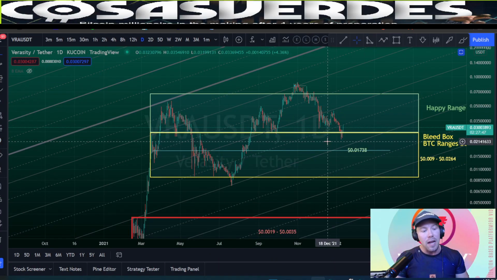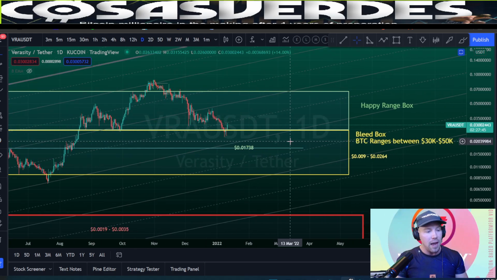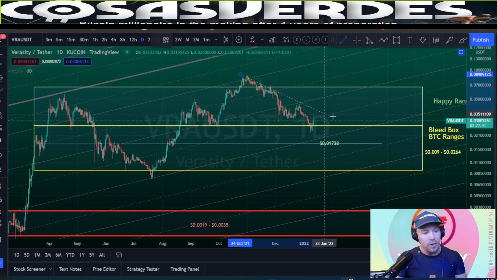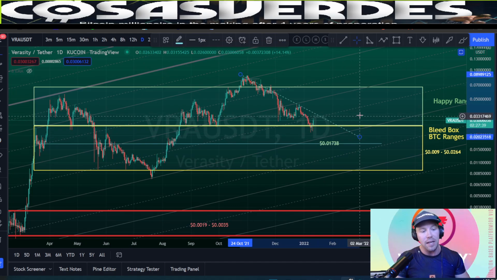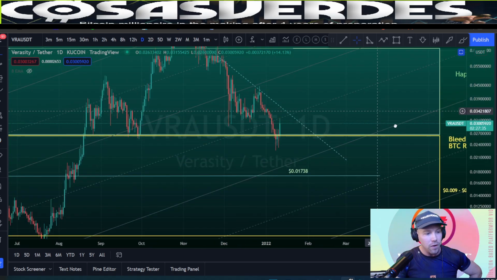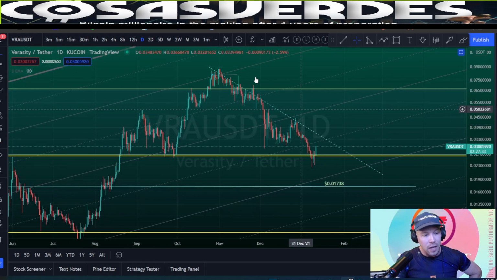Okay. So in this analysis, I would say that you're going to get bounces with Bitcoin. I would look out for something to this effect. If Verasity gets over that trend line, let me zoom in here, and I'm on the daily chart on Verasity. If Verasity gets over that trend line and I